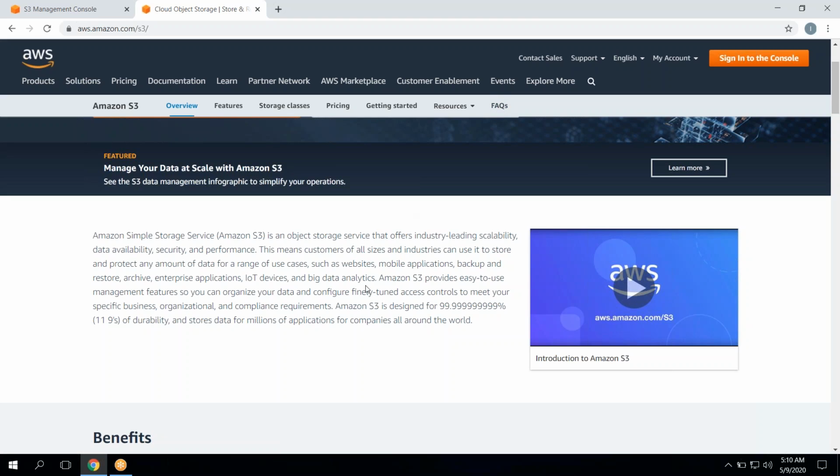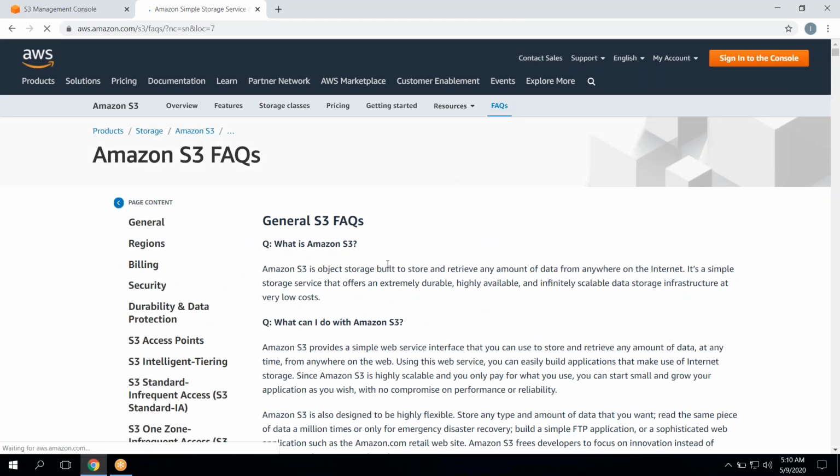FAQs have some of the questions which are asked by experienced or fresher people. So you can always click on the FAQs, and then you have a bunch of questions and answers for different things. Right. So let's start with this. What is Amazon S3? Amazon S3 is an object storage built to store and retrieve any amount of data from anywhere on the